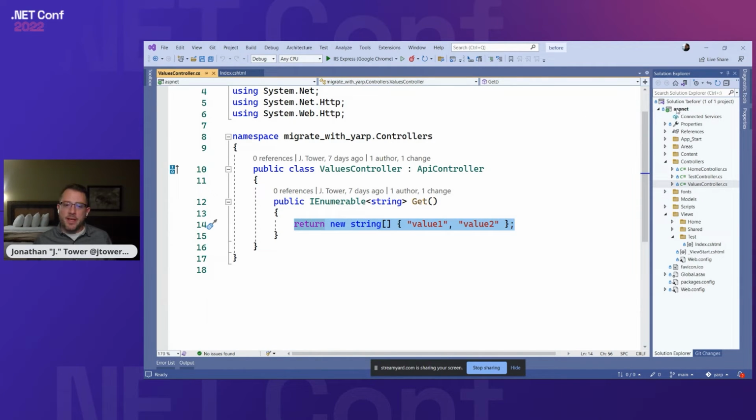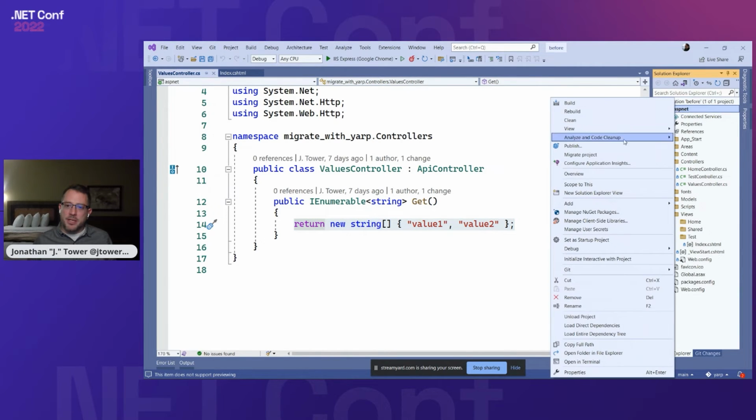And so once I have that installed, I can actually just right click on projects or files and get some new options in here. So I'll start by clicking on the project, and you'll notice right under the publish option here that I've got a new option called Migrate Project that you maybe have never seen before. So I'm going to pick that option,